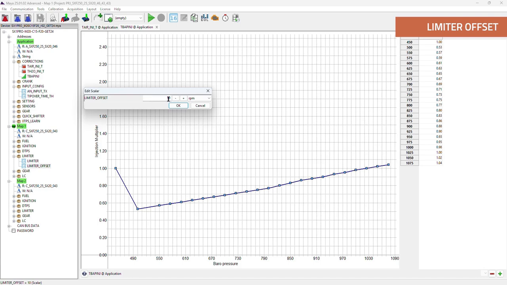In this case as well, a small offset will result in the limiter intervening in a generally harsher, more aggressive way. A limiter offset set to medium will result in a slightly softer intervention, but still close to the safety limiter. On the other hand, a very large offset will lead to a softer limiter intervention with the possibility of never actually reaching the safety limiter.